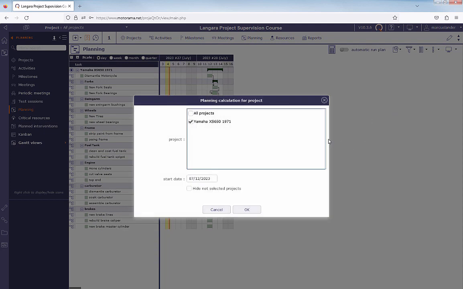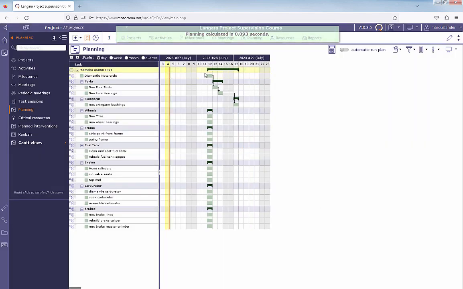So I'll choose that, just this project, and the start date, it'll pick up the last date I used. I entered July 12th the last time I clicked on that little calculator. So that's why it pops up again. And you see it pushes it down. Notice that